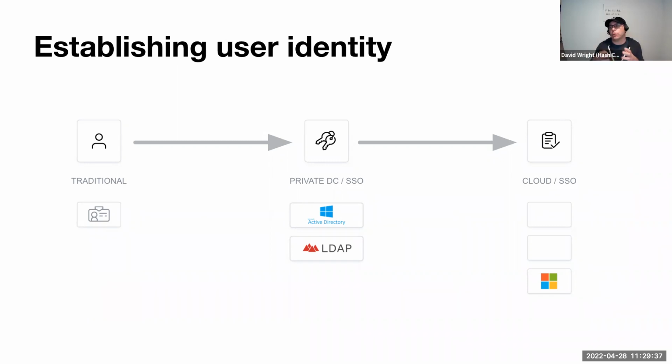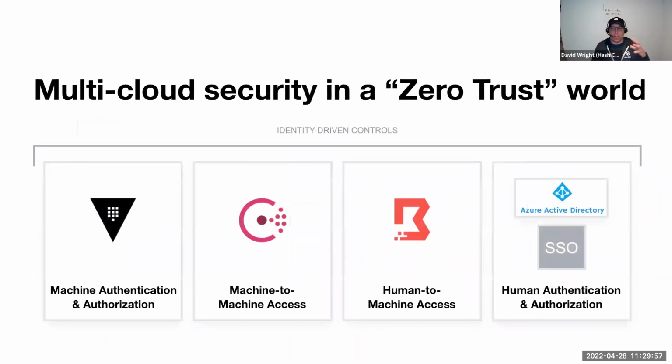So if we can solve those, we've solved 80% of your problem to start with. And if we can make it easy as well, so that developers and users integrate quickly, then you have acceptance. And so you've solved the 80% rule, and you're getting high usage and people not trying to work around those systems. And so when you put all of these things together, obviously this is where that tooling comes together, working in conjunction with Microsoft to provide those basic necessary building blocks to get you into looking at how to do zero trust. And so with that, what I wanted to do was actually just show a few different things